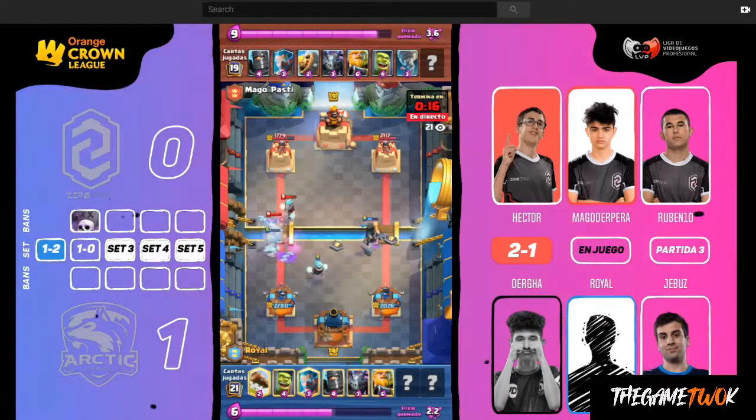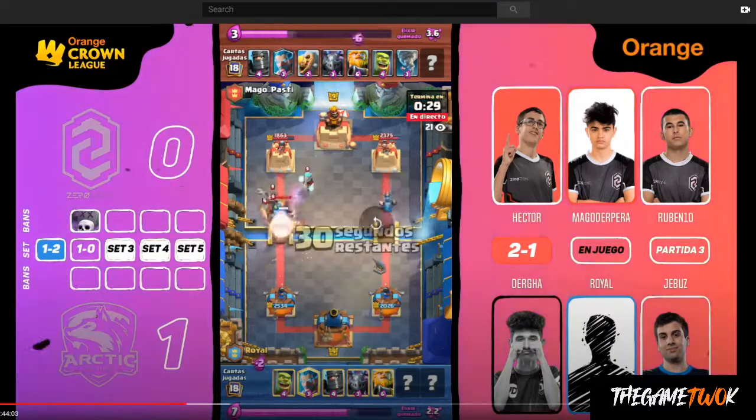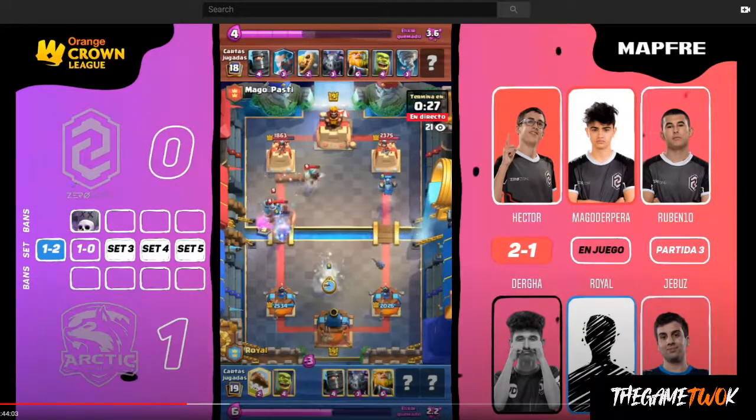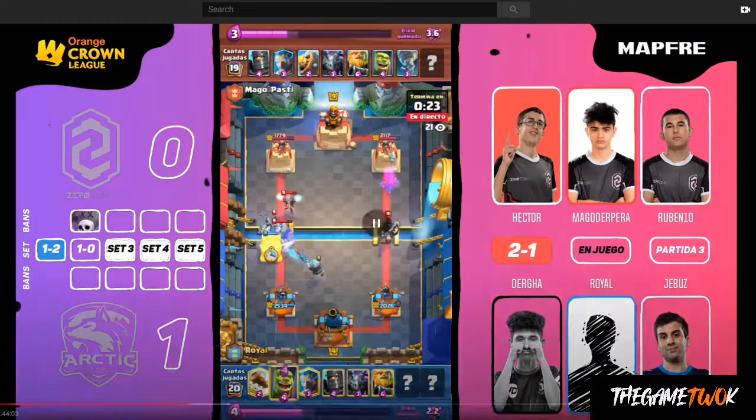So we kind of have two win conditions, really, even though Royal Giant is the main win condition. And it makes sense. But you see here with this Dark Prince, played by Mago, it's kind of like, okay, is Royal paying attention to what is going on right here? If he is, he's going to play a Dark Prince, which he did. If not, then